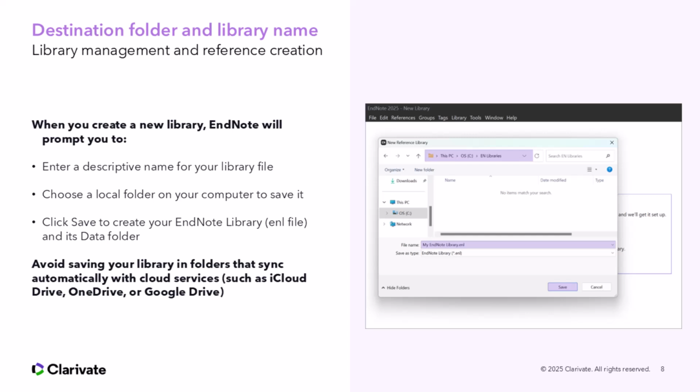Services like OneDrive, Google Drive, and Dropbox can interfere with EndNote libraries by separating or corrupting the files that must remain together. When you click Save, EndNote will generate two essential components: the .enl file, which is the main library, and the accompanying .data folder, which stores all attachments, term lists, and configuration data. These two items must always remain together. Taking a few extra seconds to choose the right name and a stable storage location will help protect your work